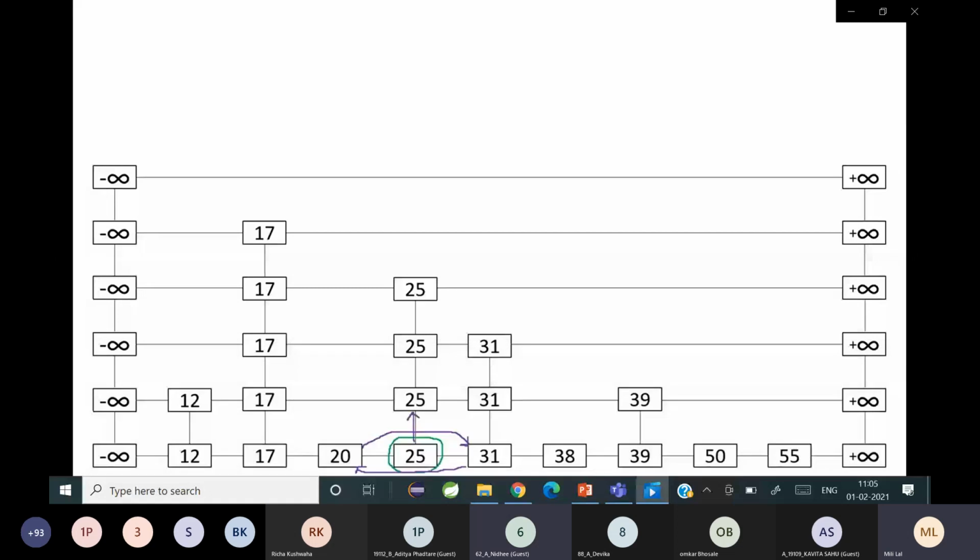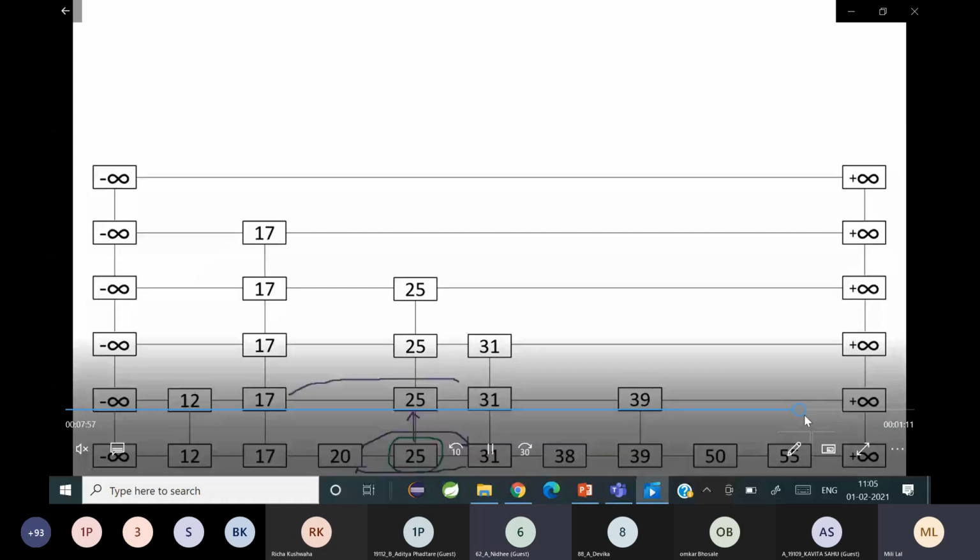And on the top, 17 and 31 get connected to each other. Again on the top, 17 and 31 will get connected to each other. And finally, 17 will get connected to the tail node.